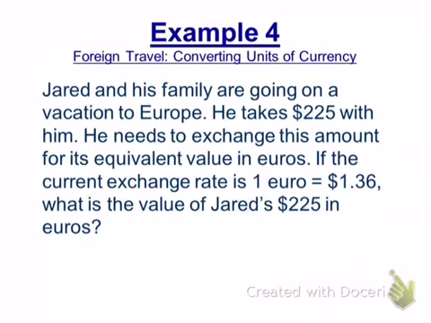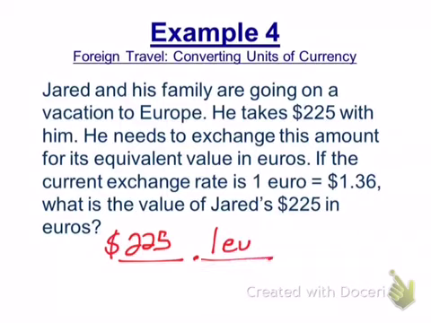It's 318. We could do this one pretty quickly. He takes $225 with him. He needs to exchange this amount into euros. If the current exchange rate is €1 equals $1.36, what is the value of Jared's $225? So $225 times €1 over $1.36. The dollars will cancel. 225 divided by 1.36 is